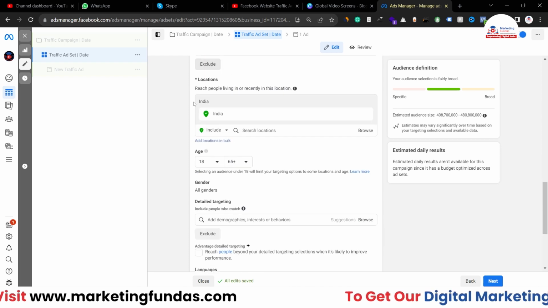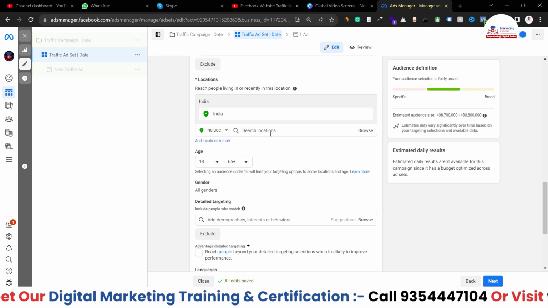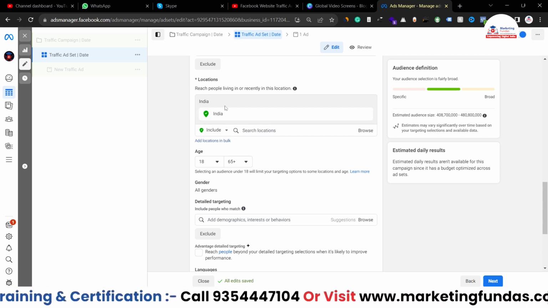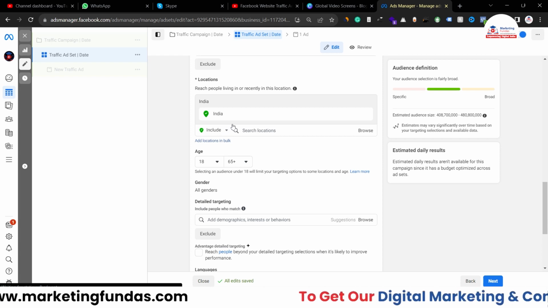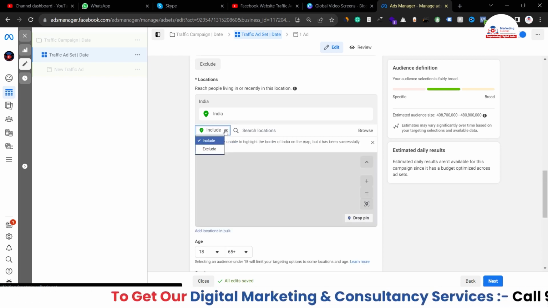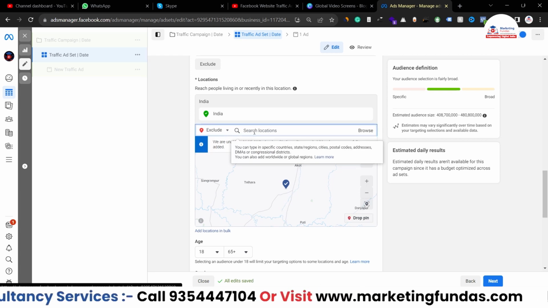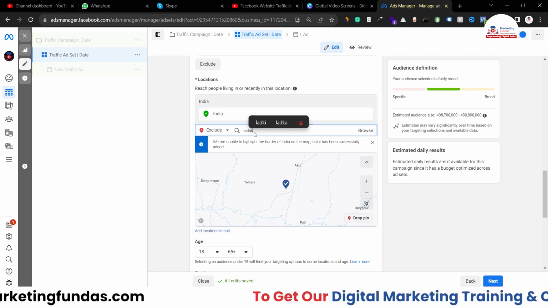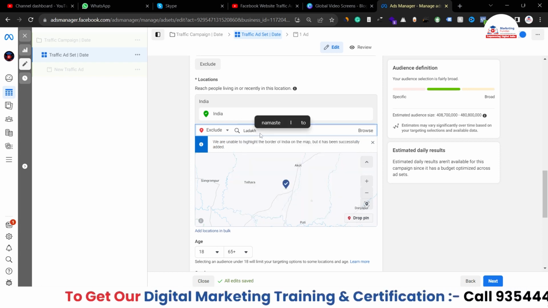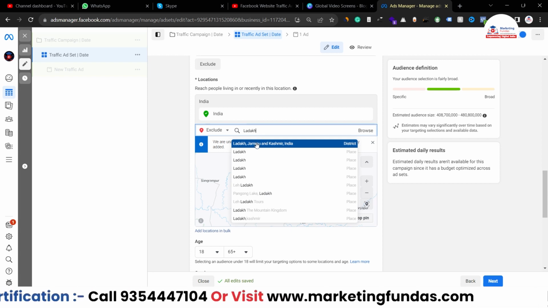Now in the audience section, we do have the locations option, where you can select whatever location you want to target. Let's say the whole country has been selected here. Now you want to exclude a few cities or a few areas from your targeting. So first you have to change this include button to exclude. Now search the location you want to select. Let's say I'm selecting Ladakh, searching Ladakh. This is a district. I've selected this,